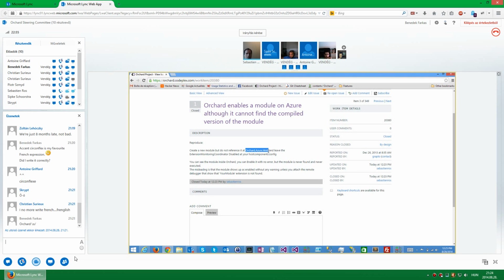No, I don't. Look. Shouldn't we ask what the original poster means by create a new module? Because that's about adding it to the solution and deploying it. Then it should work. You see, Orchard Azure Web. So it's really no, that's wrong. The issue is that he's using the Azure solution, which has an Orchard Azure Web project. And in the Azure solution, which targets cloud services, you need to reference all the modules that you want to deploy. If you don't do that, the deployment package won't include the DLL.